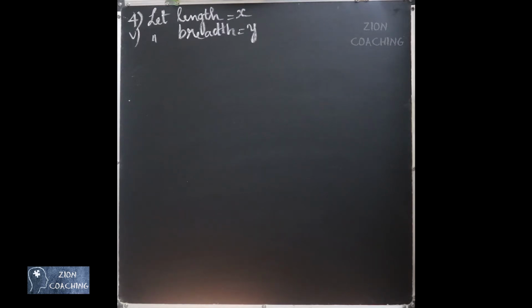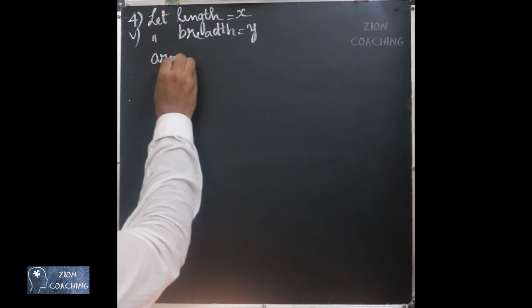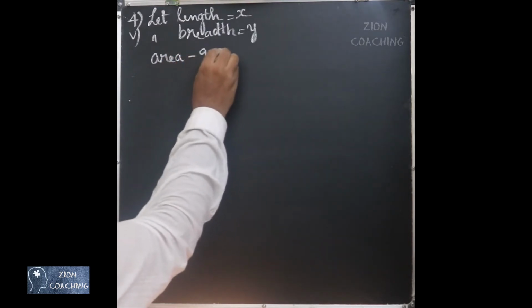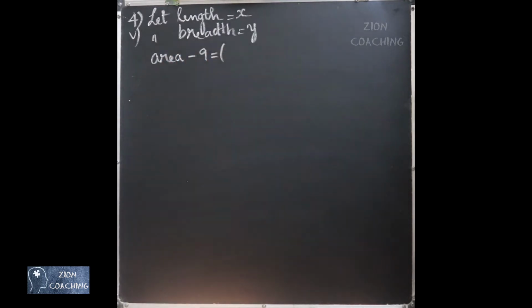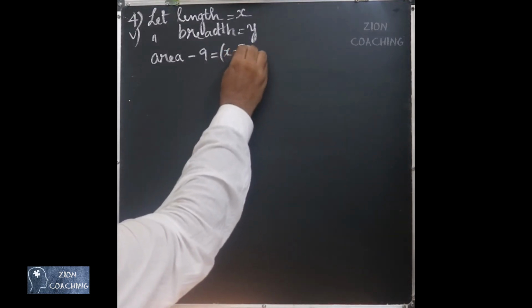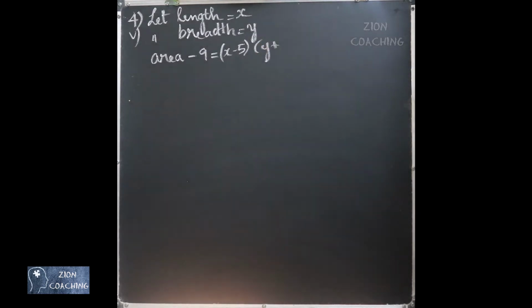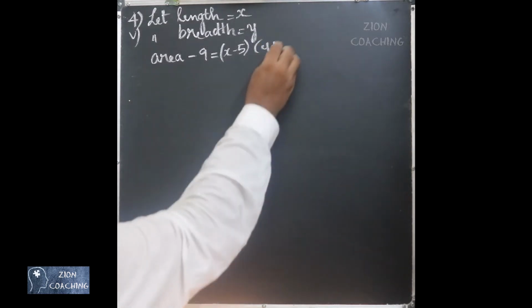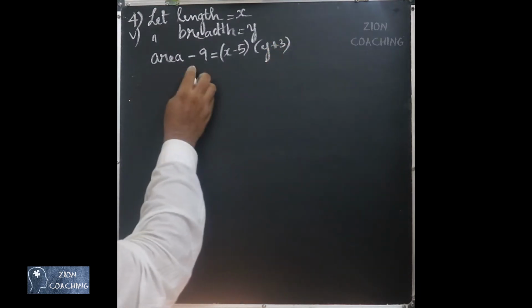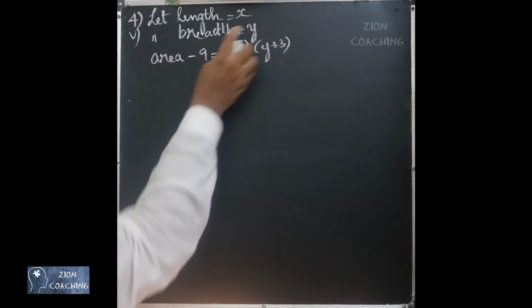In the first case, they are telling that area gets reduced by 9 units when length is reduced by 5 units and breadth is increased by 3 units. Now when you expand this, you know that area is length into breadth, so x into y is